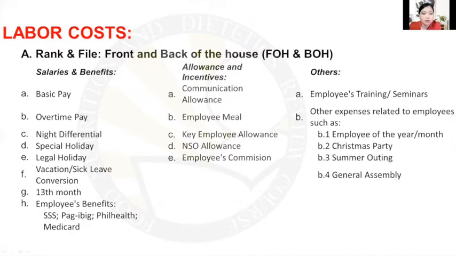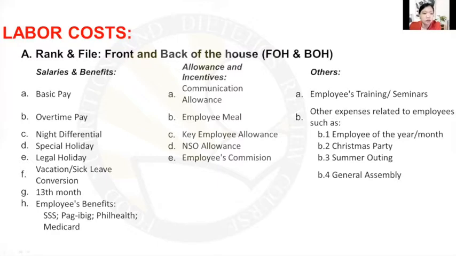It includes the basic pay, overtime pay, differentials, holiday, special holiday, legal holiday, vacation and sick leave conversion, the 13th month pay, the employee's benefits, such as the SSS, Pag-ibig, PhilHealth, and Medicard, allowances and incentives, which depends on the company policies, like communication allowance, employees' meal, allowance if you handle supervisory positions,